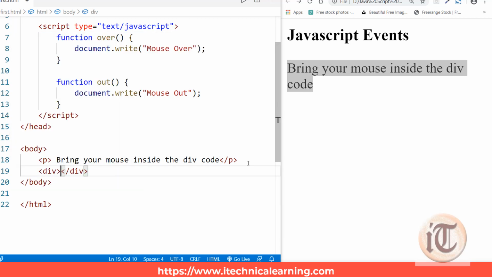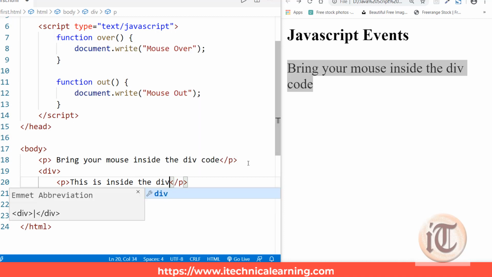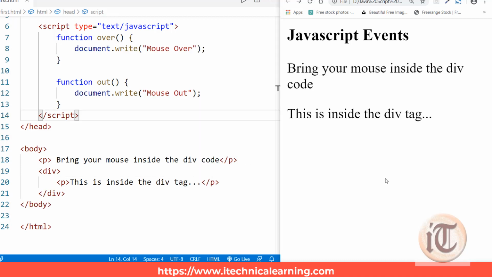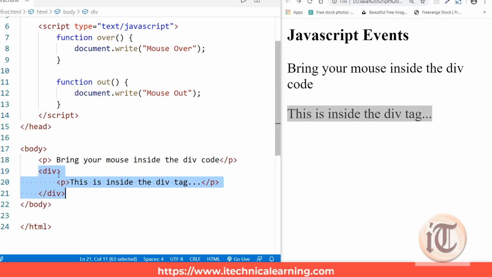Coming to the next part, I want to create a div here. Inside the division I want to create one more paragraph, saying "this is inside the div tag". You can see the other paragraph says bring your mouse inside the div, and as we have created this sentence inside the div tag, it is inside the div.